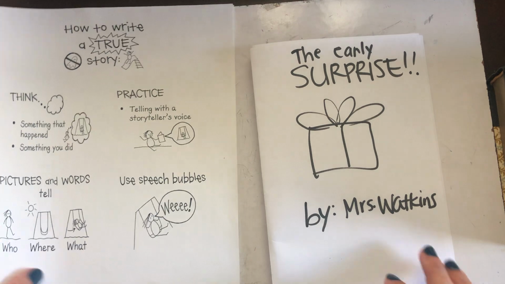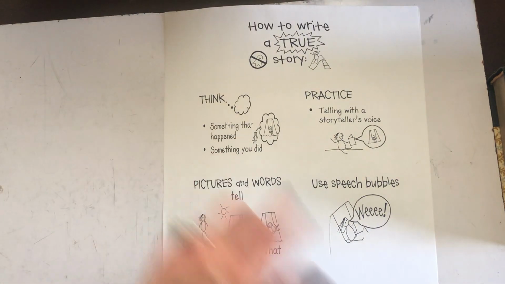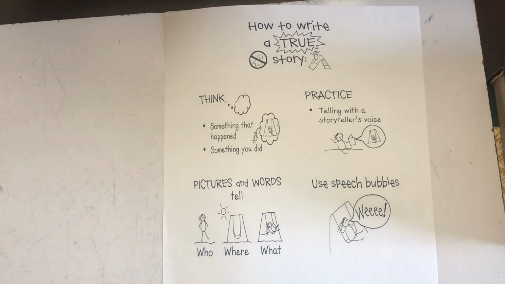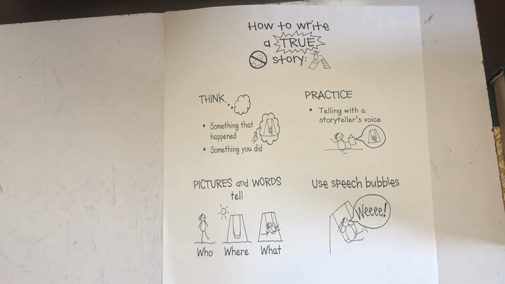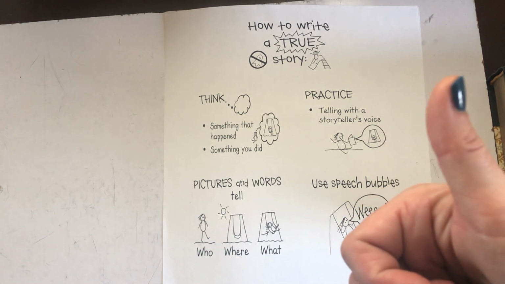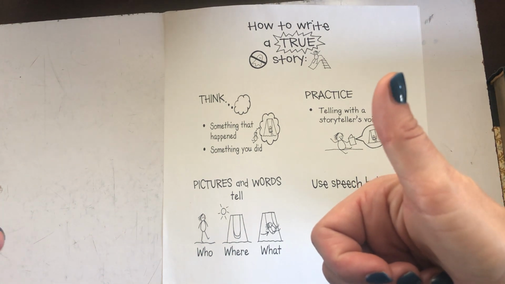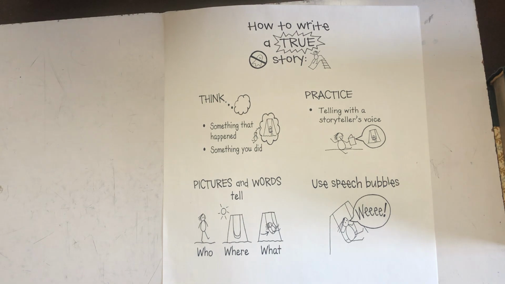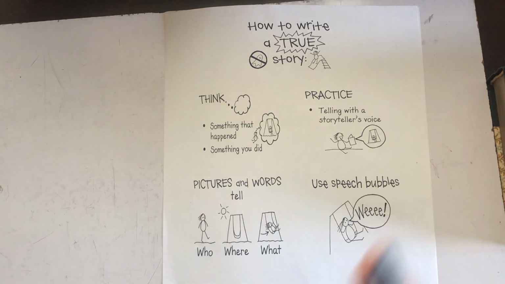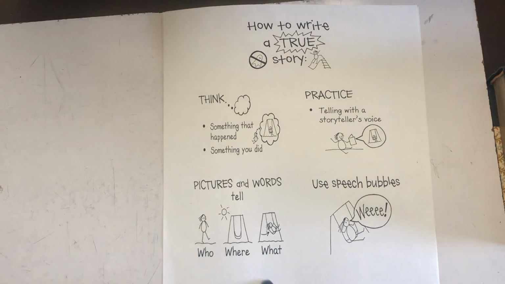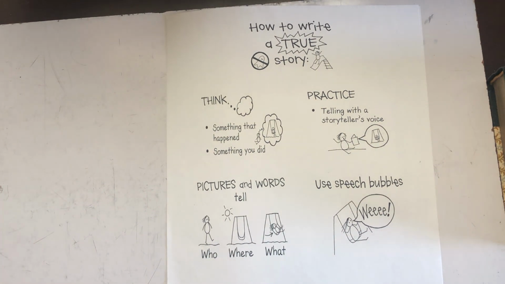And so today, what I need you to do is think about a story, something that happened to you, something that you did. Okay? Think about that. How would it sound as a story? It might be one morning or one night. It might be one day I was getting ready to go to my grandma's. It might be one afternoon we went on a bike ride. However your story is going to go, I want you to think about who, where, and what.